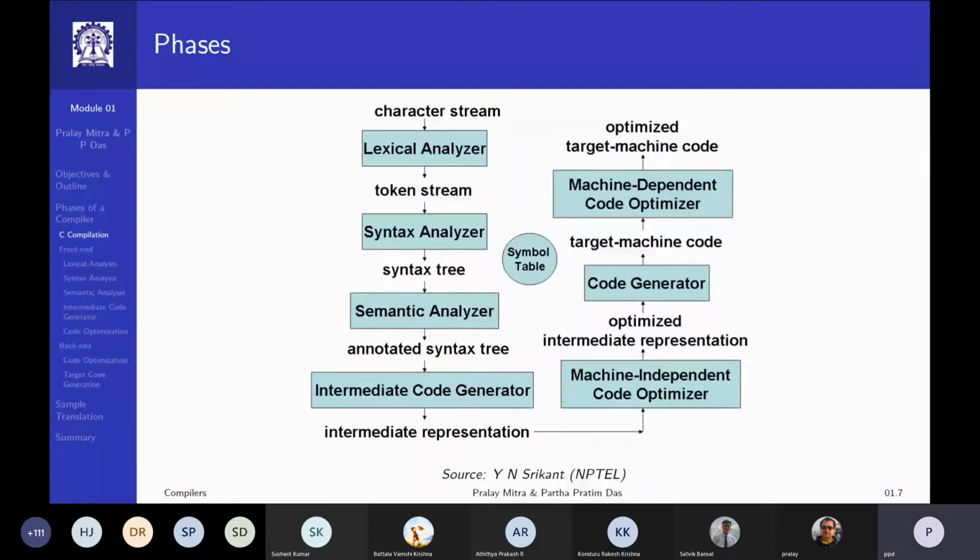So if I find 2 multiplied by x, I would be better off if I do x plus x, because addition is less expensive. In fact, I can do even better, because I know if I shift x by 1 bit, it actually doubles in value. So I can left shift x by 1 bit. So which means that if in my intermediate representation I had a multiplication by 2, or for that matter, by certain powers of 2, then I can replace them by shift and get a better code, more optimized code.